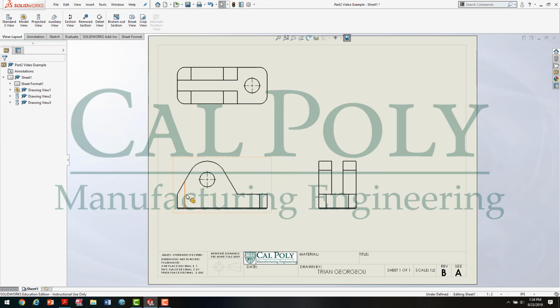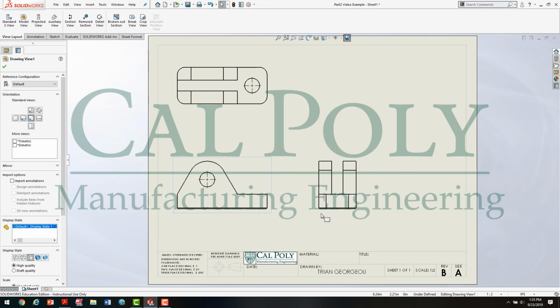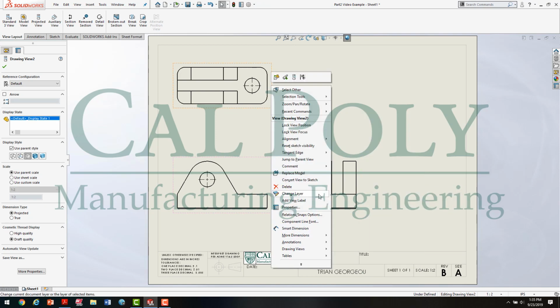If you notice, there's lines where the tangent edges of the fillets terminate. This is not normally shown on an engineering drawing, so I'm going to go ahead and remove these from these different drawing views. So if I right-click on the drawing view, you'll see it says Tangent Edge. You can make the tangent edges visible, which in some cases you want to, in other cases you don't. In this case, we're going to go ahead and pick Tangent Edges Removed. That takes away the tangent edges from all the curves. So I'll do that on